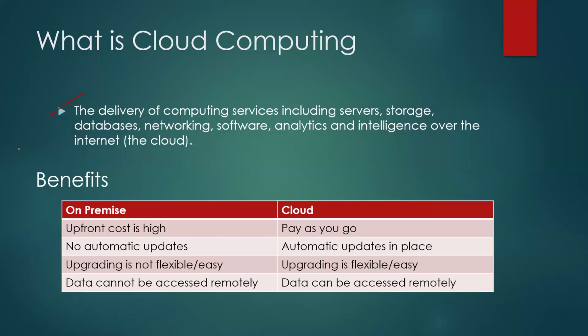So if you are able to access those services or activities only via internet, then it's cloud computing. If you are able to access them even without internet, so let's say we all are in one single company and we are all connected via a LAN, a local area network, yes, even without internet we'll be able to access it. So that can be considered as on-premise.